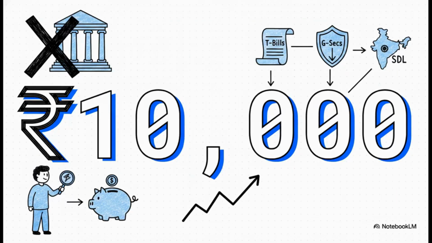Now, what's really interesting here is just how accessible this has become. Historically, the bond market was the exclusive playground of commercial banks, massive institutional investors, and ultra-high net worth individuals. But today, through the Retail Direct scheme, the minimum investment amount for Treasury bills, dated G-SECs, and state development loans is generally set at just 10,000 rupees. Now, you should definitely always check the latest auction notifications, since specific conditions can change. But this incredibly low barrier to entry radically democratizes the whole space. It means ordinary retail investors, like you and me, can easily add high-grade, sovereign-backed assets to our long-term portfolios.